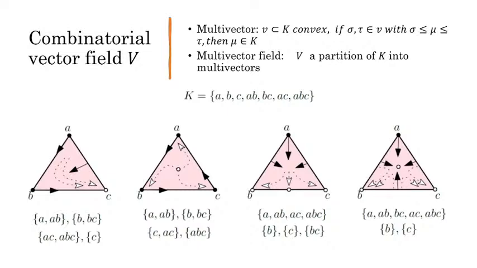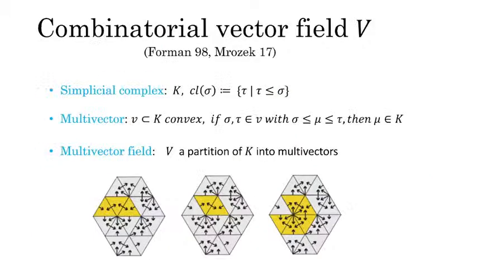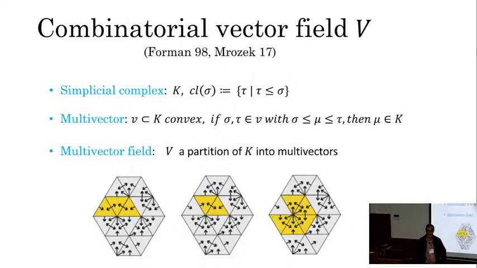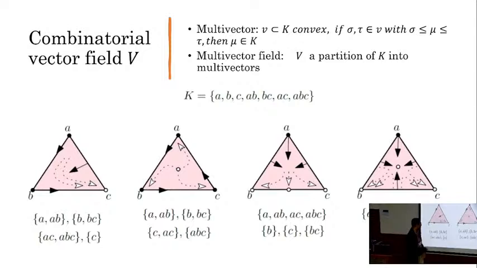Sorry, in the previous slide, can we just include a triangle in a multivector? Yes. Not the edges? Yes. So it's not a simplex in itself. A triangle is a simplex. A vector need not be a simplicial complex. It's a collection of simplices satisfying this condition. So a triangle by itself is a vector. Not only is it a vector, it's a critical vector. I am coming to that, maybe in the next example.